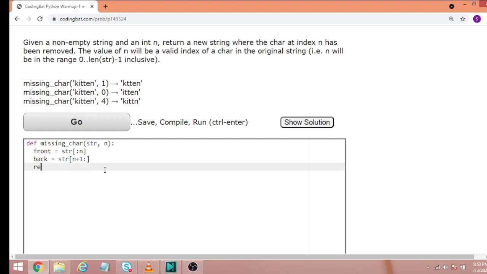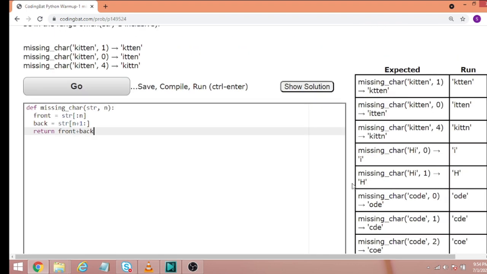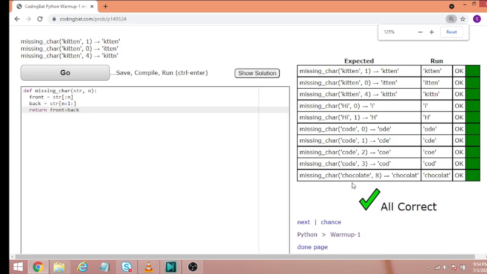Okay, return front plus back. It will be concatenating and returning it. That will be the output. Here you can see the output, it got passed.